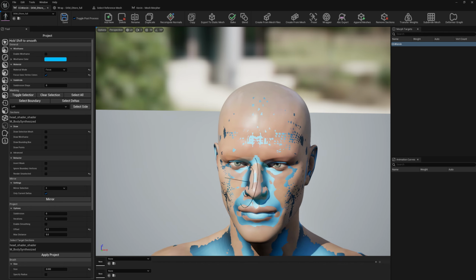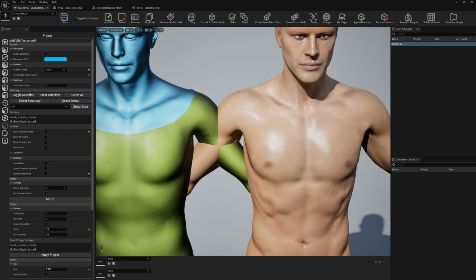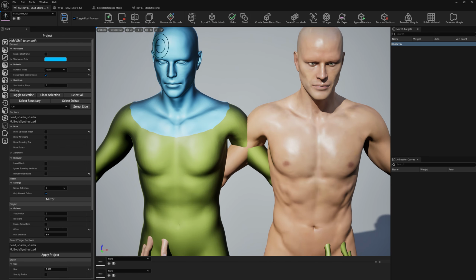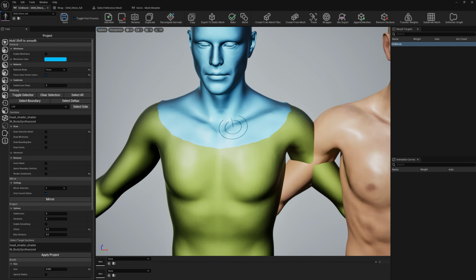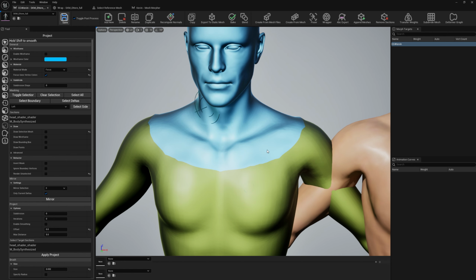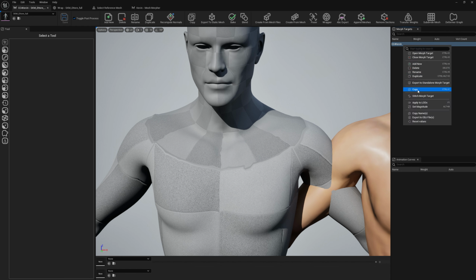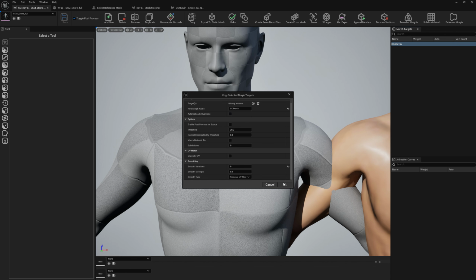So let's see how it looks. Let's move the reference mesh a little bit to the side, and this is how they look. It's pretty good, right? So let's save this. And now we want to bring this to our MetaHuman, right? So let's copy